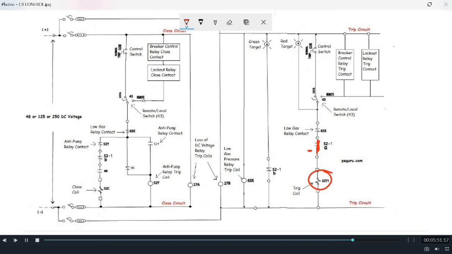Trip circuit supervision is an important function in circuit breaker control. Tripping is such an important function in a circuit breaker that there are always double tripping coils provided so that tripping cannot be escaped or skipped. So checking the trip circuit 24/7 for its healthiness is also an important function in a circuit breaker. For that, trip circuit supervisions are provided in the circuit breaker for pre-close and post-close supervision. I shall make a separate video on trip circuit supervision for pre-close and post-close. You can refer to that video also for reference.